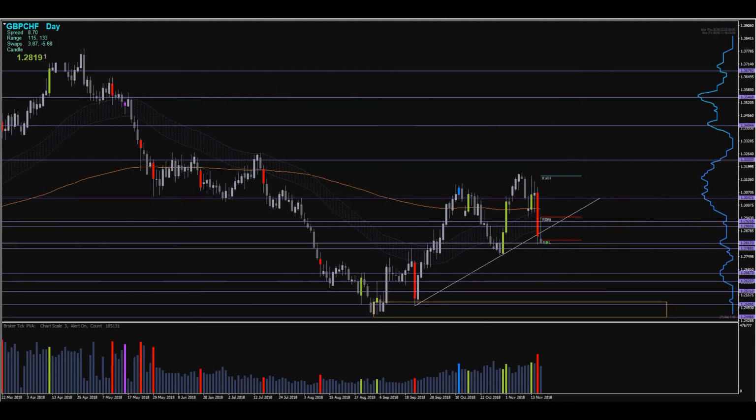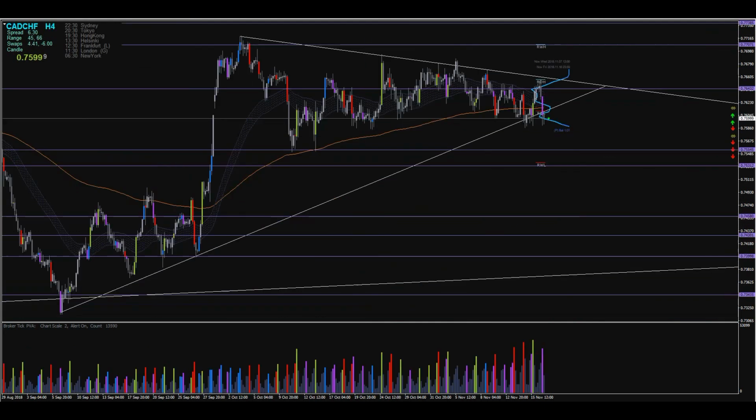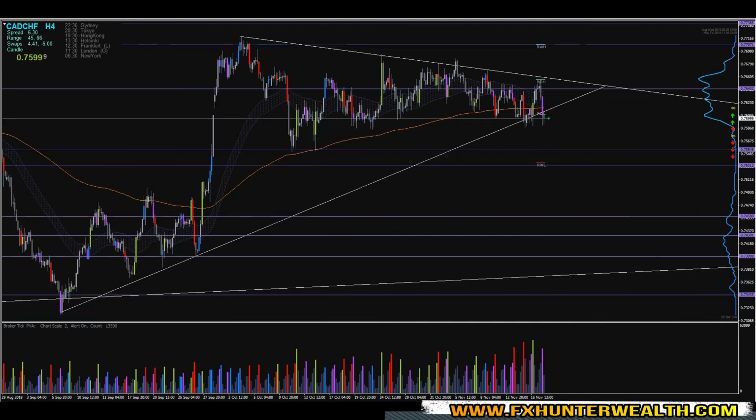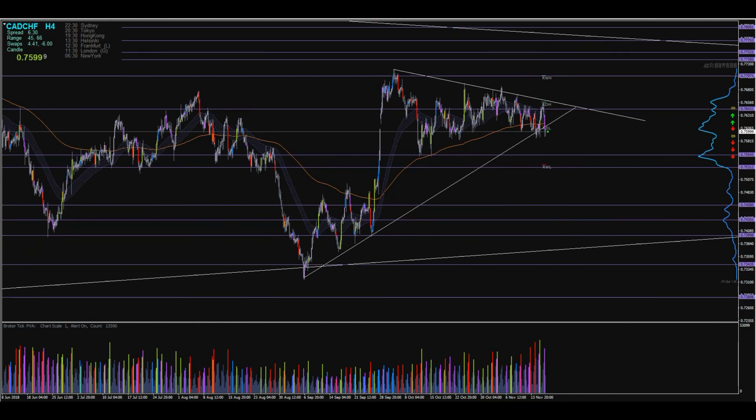This is the pound franc. Pound franc I expect to drop lower, because I expect the franc to come strong later. This is the cat franc. Here is a